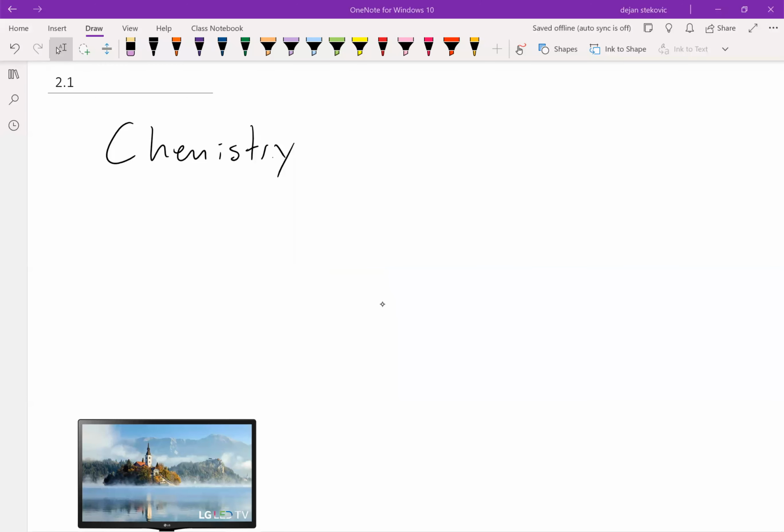All right, so let's start thinking about chemistry. So naturally, first we want to start off by defining what is chemistry, which is a bit more complex than you would think. But we're going to stick with a simple definition. So we're just going to say that chemistry is the study of matter.